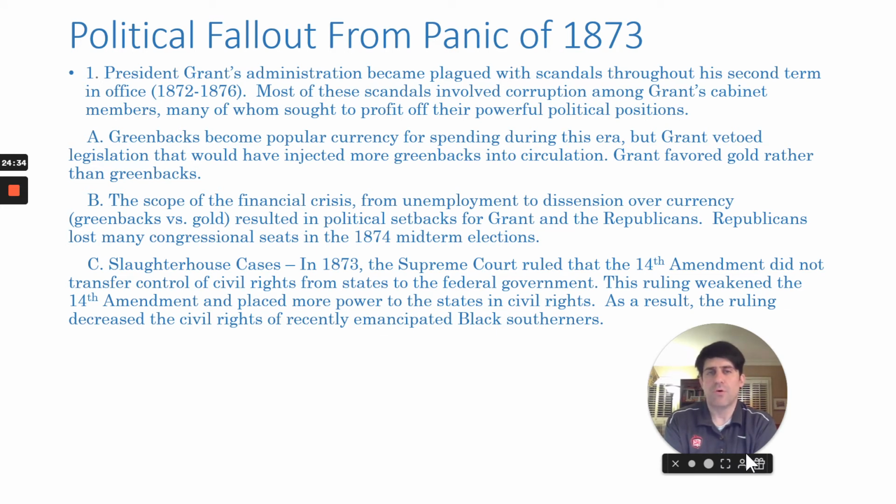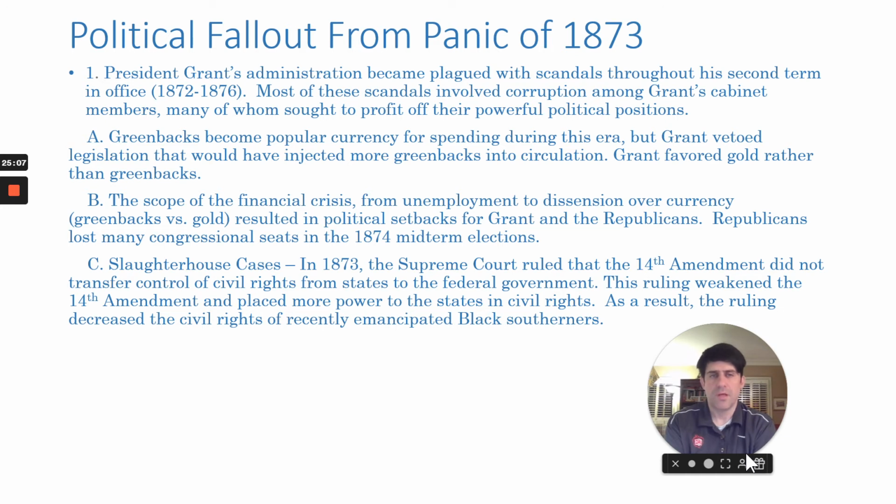He favored the gold standard and gold as currency, and he wound up vetoing legislation that would have injected more greenbacks into circulation in the midst of these years of financial upheaval. And as a result, the scope of the financial crisis, everything ranging from the high unemployment number to dissension over the currency, resulted in major political setbacks for Grant and